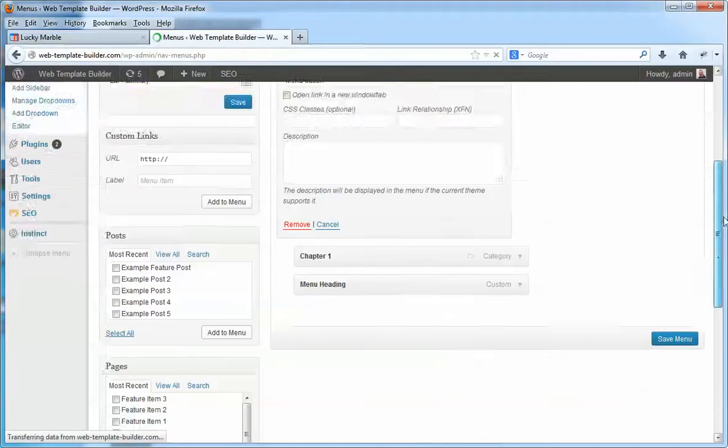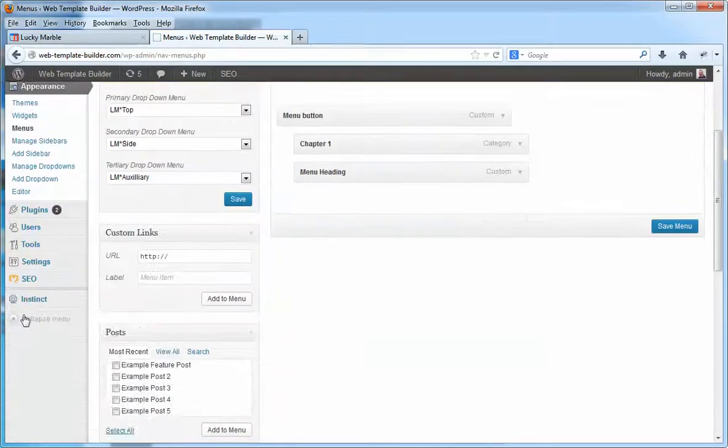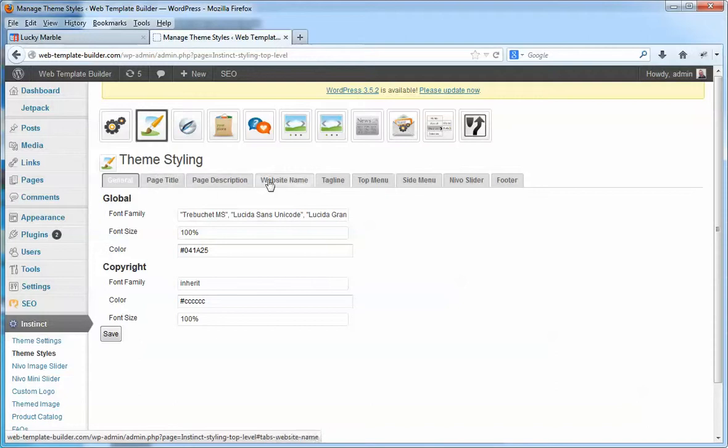This message here will pop up if you do not save your menu after you make your changes. Just as a reminder, if you go to the name of your theme and the theme settings, there's a display, let me see, styles tab right here, I believe. There are some things you can do here: global font size and color, copyright,